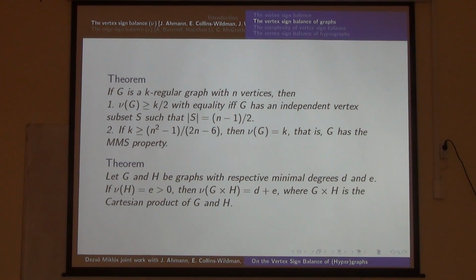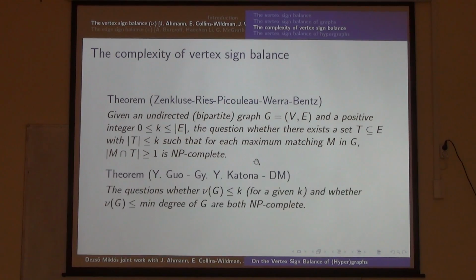The second theorem says that if you take the Cartesian product of two graphs and one has the mathematical single property, the other then the Cartesian product will also have the mathematical single property. And there are a couple of other statements, but still it leaves open the question whether we can decide or not, in general, whether a graph has the mathematical single property, and part of the question is answered by this theorem.